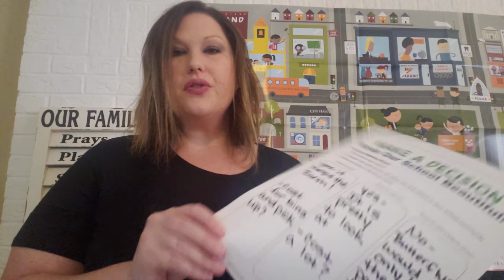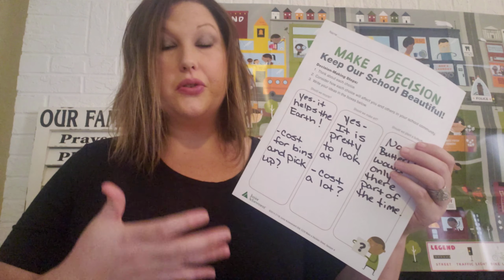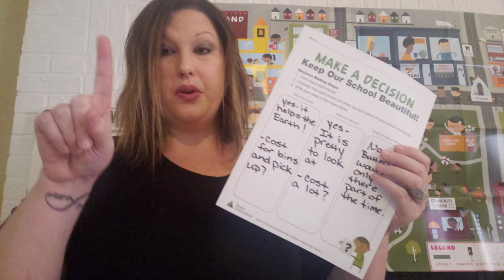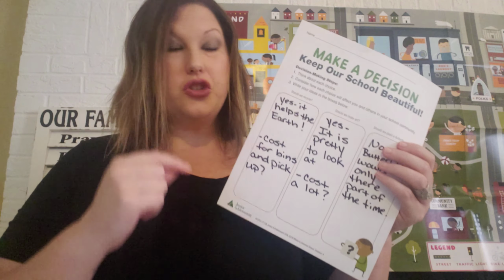So the thing is, when you think about making a decision, you have to do a few things first before you're able to come to that, right? So, some decision-making steps that you're going to have to do before you really come to your decision or your choice on what you want to use your $500 would be, number 1, think about each choice. So make sure that you're thinking about each of these options that we're talking about using our $500 for. Number 2, consider each choice and how it will affect your community. So that's going to be important.